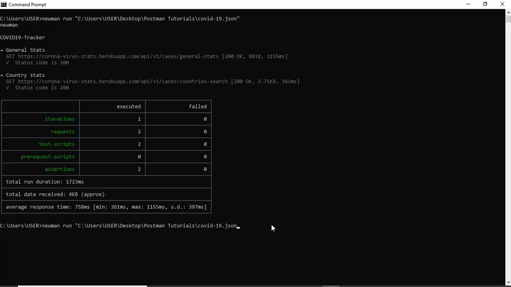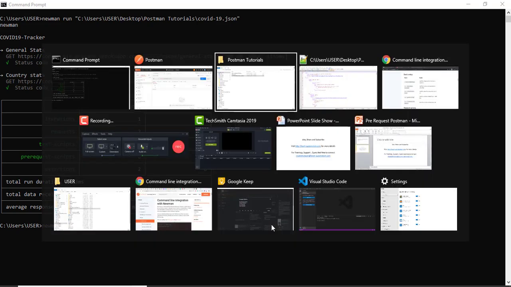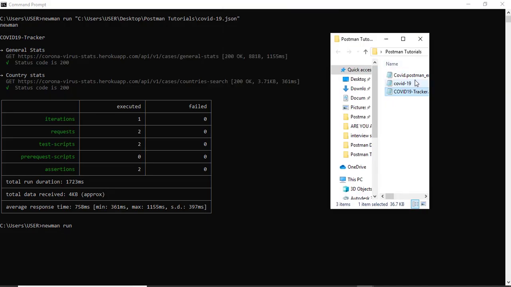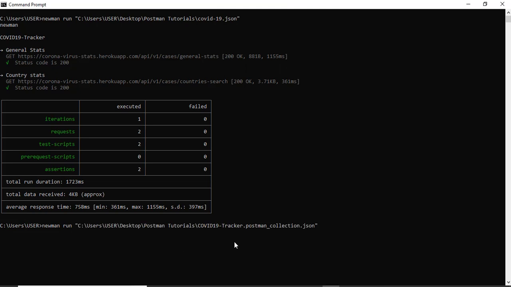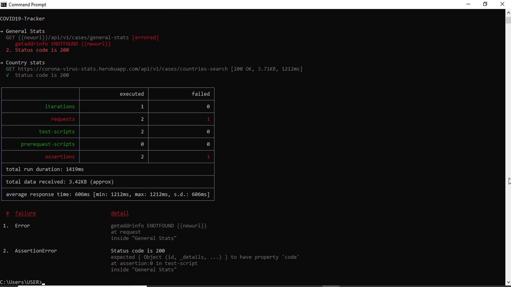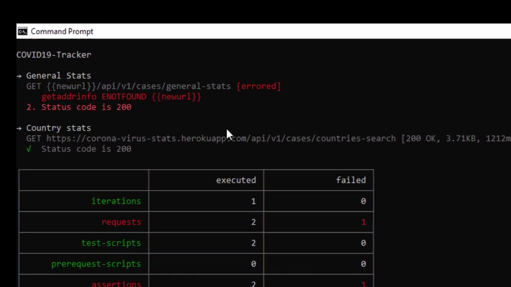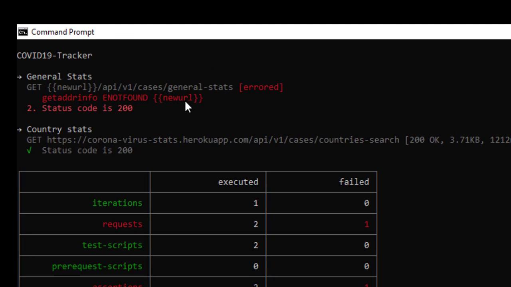So what if I simply try to execute this file, and let's see how it executes. Just execute now, and here we go. You can see now it's actually failing. The reason why it is failing is that it is not able to understand the URL. Can you see this? This new URL it is not able to understand. For the second one, we did not save the file, so it's taking the default one.